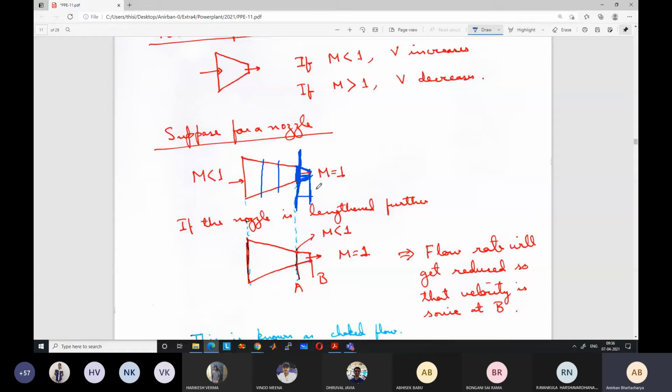Then how will you accommodate this change in area? Density also remains constant, velocity also remains constant, but the area is decreasing. So then without changing velocity or density, m dot should be proportional to A, but mass flow rate also has to be constant because the same mass flow rate is going out. Okay, so that is why physically also it cannot happen. Is it clear?